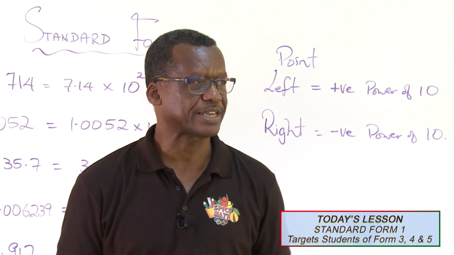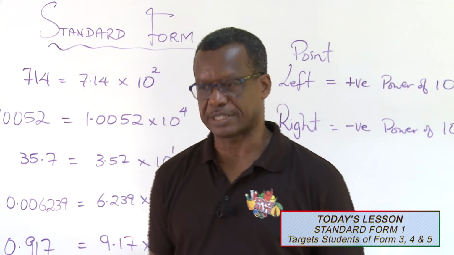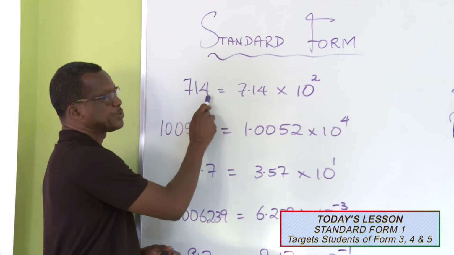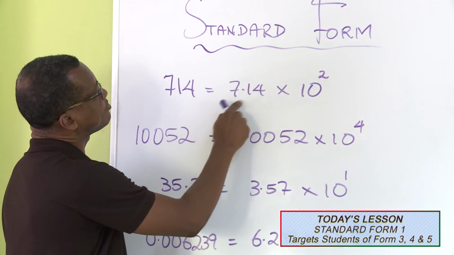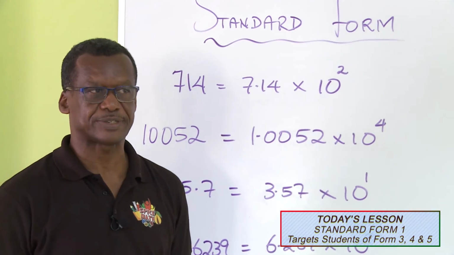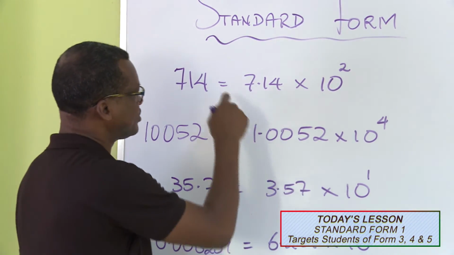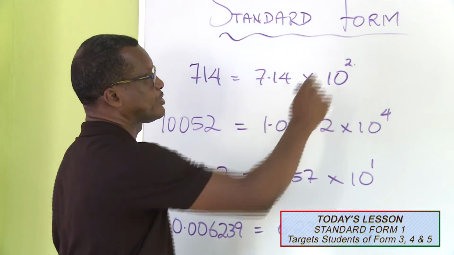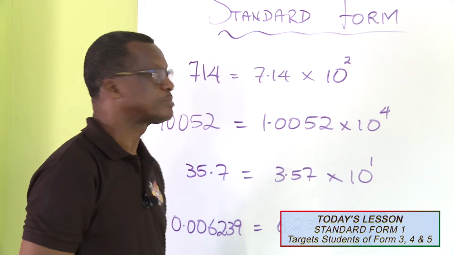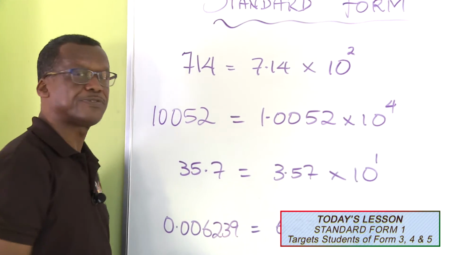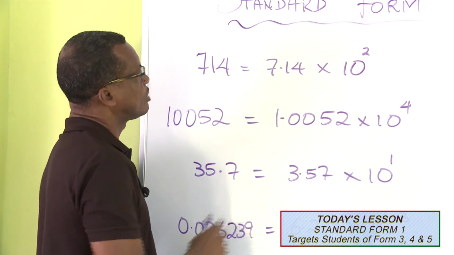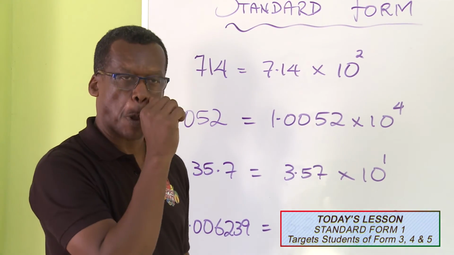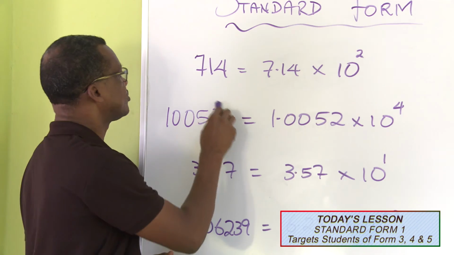All right, welcome back. Let's check the answers for the activity you did. If you looked at the board, number 1, 714 is equal to 7.14 multiplied by 10 squared, because the point would have moved 2 places to the left. Hence, the power of 2 on the 10. Number 2, 10,052 is 1.0052 multiplied by 10 to the 4. Because the point moved 1, 2,